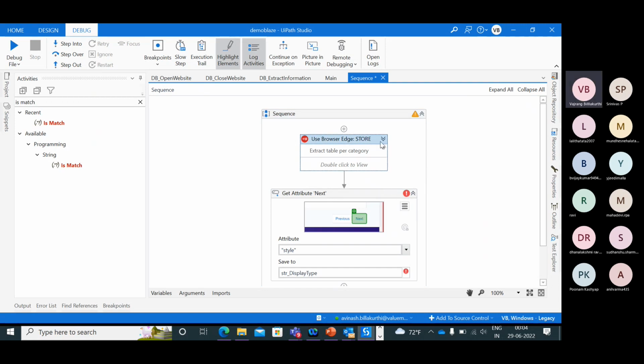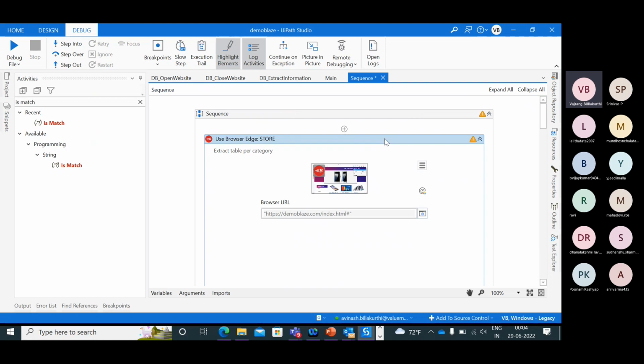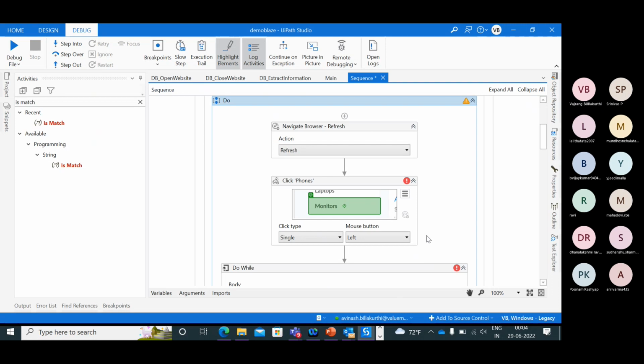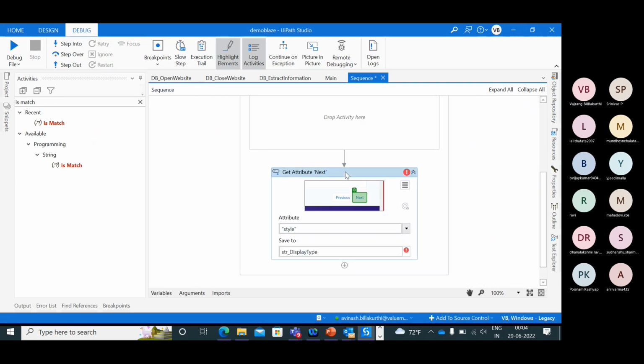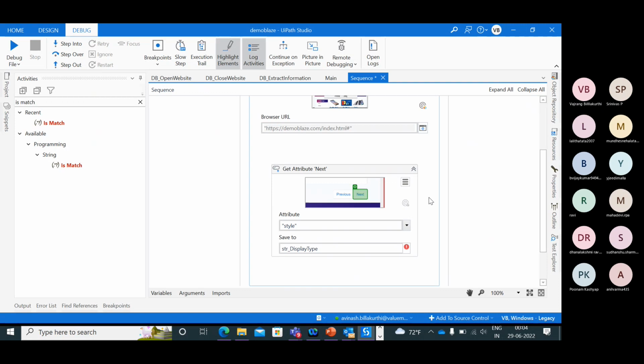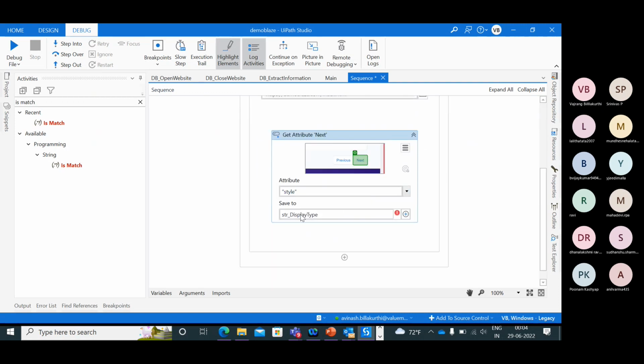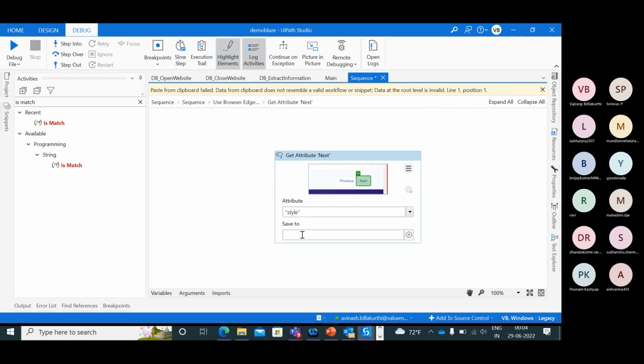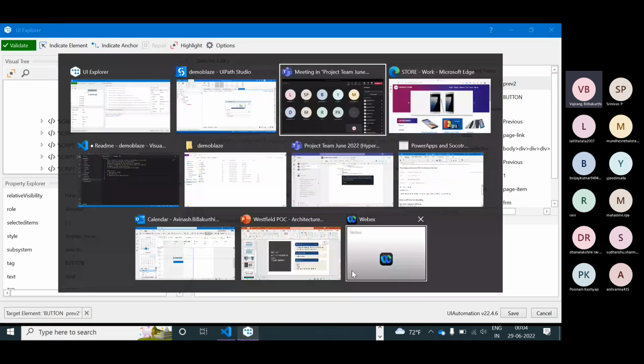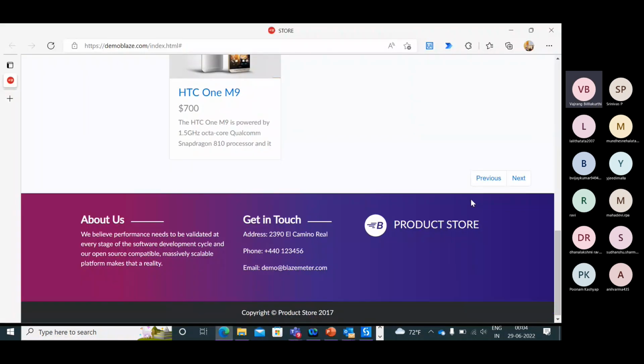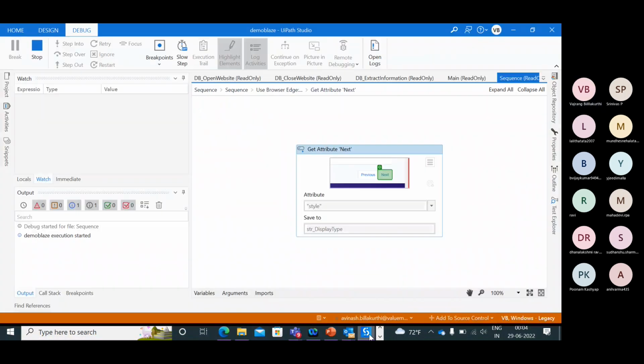I'll remove everything except the browser. Delete. And next. Okay, let's try. I'm just trying this only one item so that I can validate rather than checking each and every time.